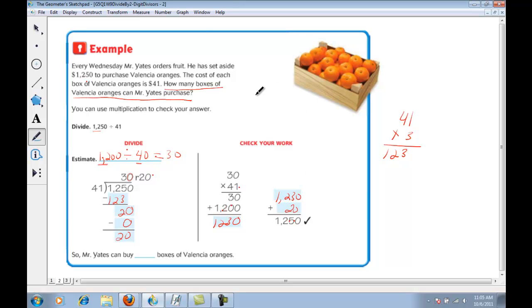So let's look back at our question now. How many boxes of Valencia oranges can Mr. Yates purchase? Well, our quotient is 30, remainder 20, which means that he can purchase 30 boxes of oranges. All right, we're going to do one more